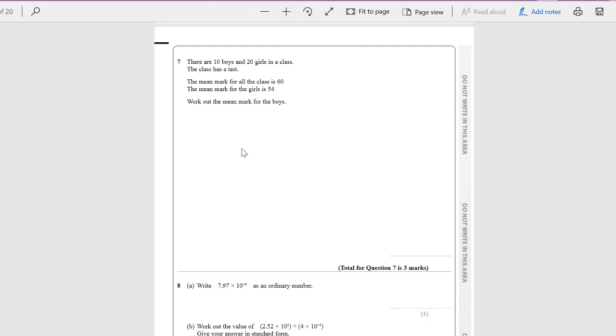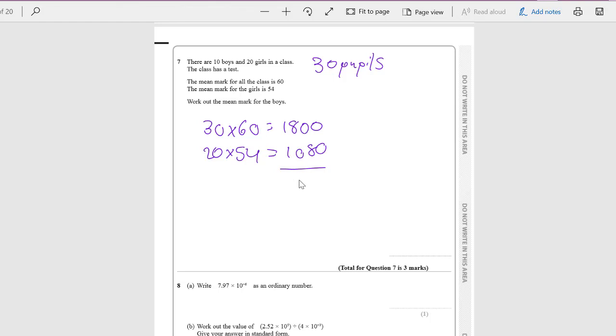Right, so we know that there's 30 pupils, and we are told that the mean mark for the entire class is 60. So that means we multiply 30 by 60 to give us 1,800. We know that the mean mark for the girls is 54. So there were 20 girls, times that by 54 gives us 1,080. So what we need to do is subtract these two,